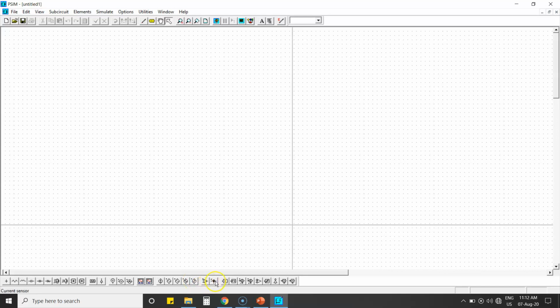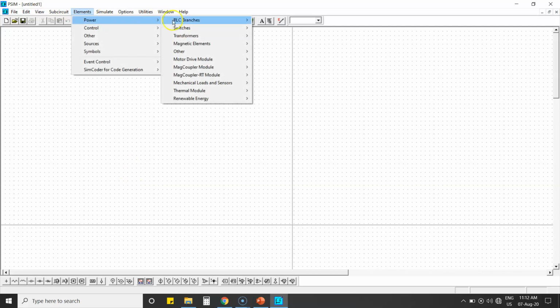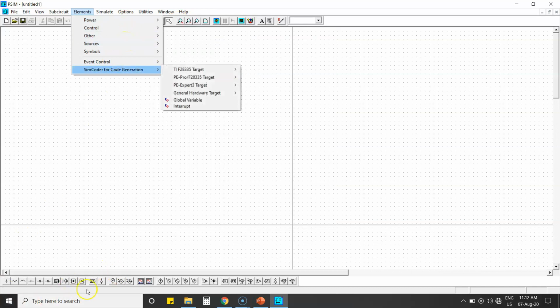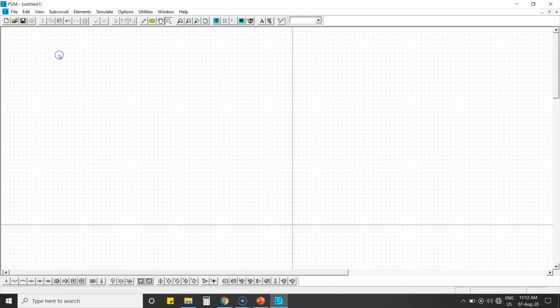We have a voltage sensor and a current sensor, and a controller part like proportional controller and proportional integral controller. We have a summer, which is just to sum up two waves, and we have comparator and limiter options. These are the available options. If you want, you can make use of the options from here. From Elements, we have a lot of options inside Power, and similarly for Control and for Sources. So either you can do it from here or using this one. This is the first thing I wanted to tell.